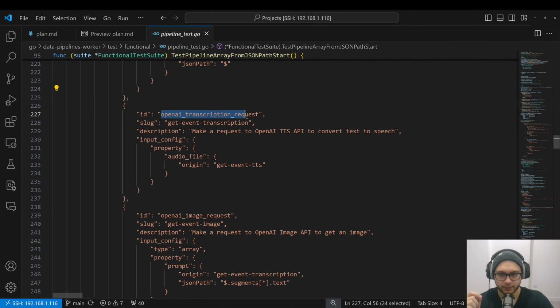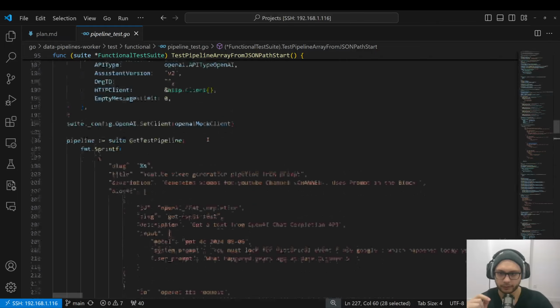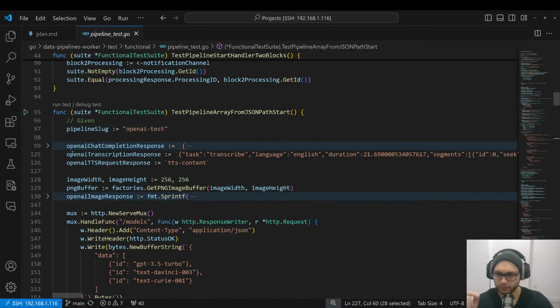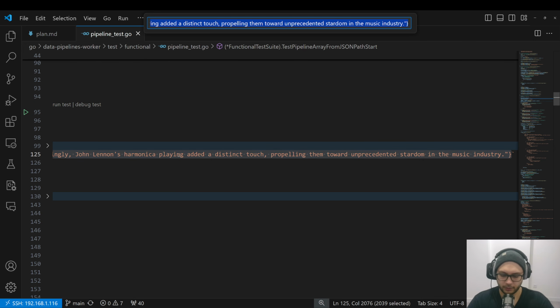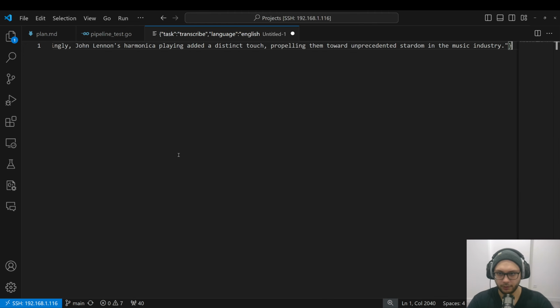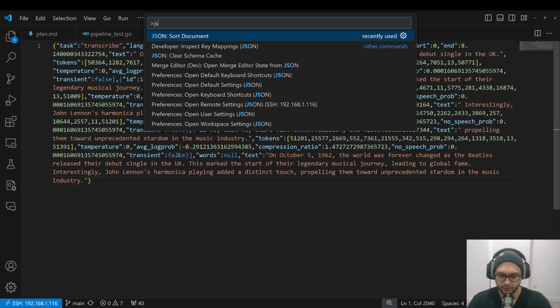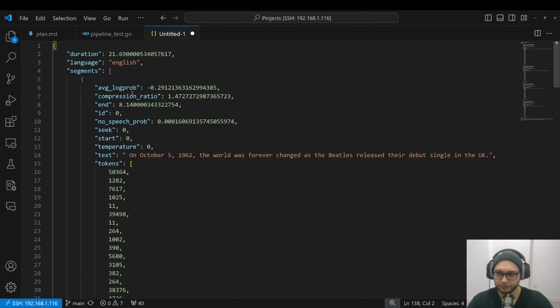After that, I'm sending the audio file to OpenAI to get a transcription. And that transcription is quite interesting because it looks like this. Let's copy. Here it is. So I need this transcription in order to